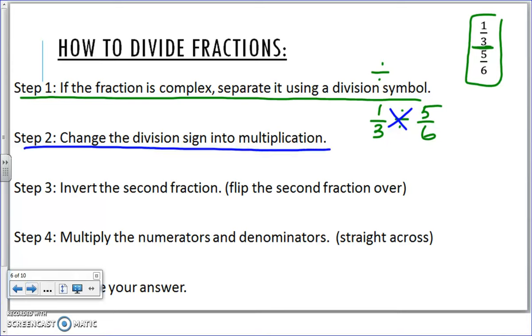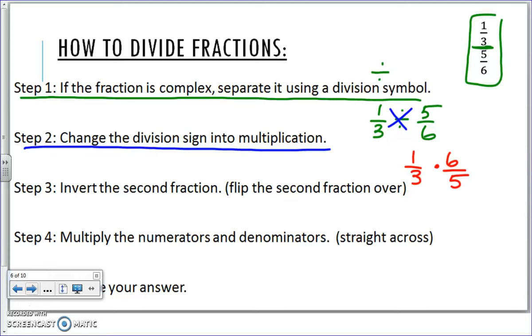So what I'm going to do is I change it to multiplication. I'm going to invert, or flip over, the second fraction. So now it's going to read 1/3 times, and I like the dot better, 6/5 instead of 5/6. All right. Now we're just going to multiply straight across and reduce our answer, or we can reduce, cross cancel,